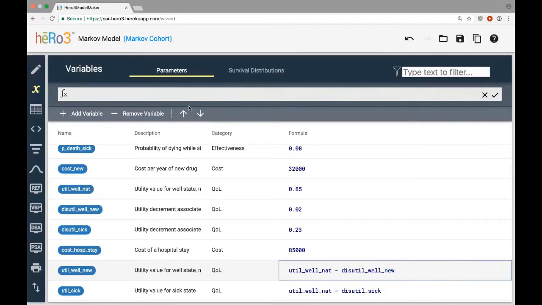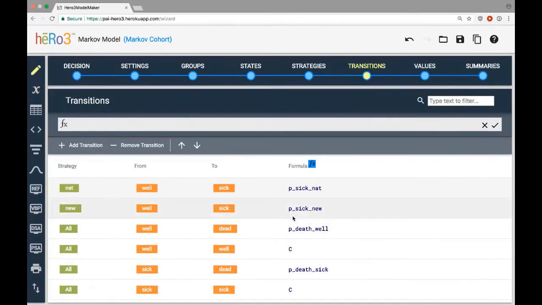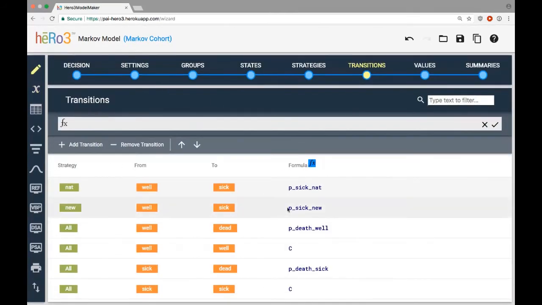So on this page, we defined all of our input variables as well as a few intermediate calculations. Now, going back to the transitions page, we can then define our transition matrix by referencing those variables. And so the way this page is laid out is that there are columns for strategy, from state, to state, and formula.